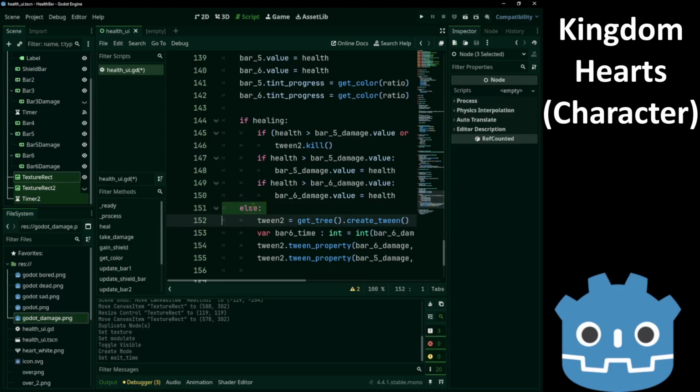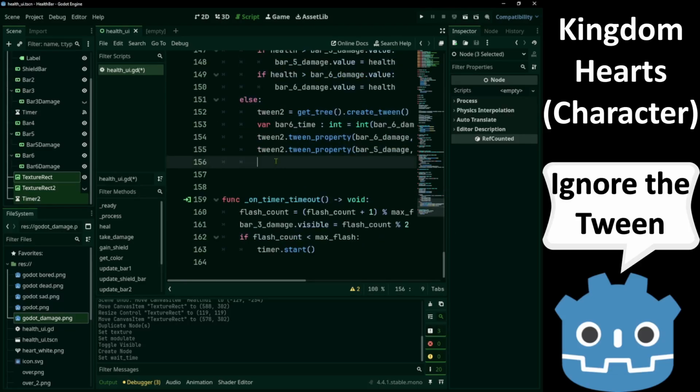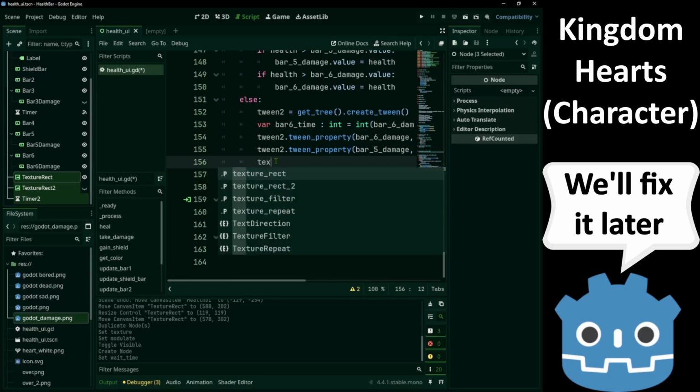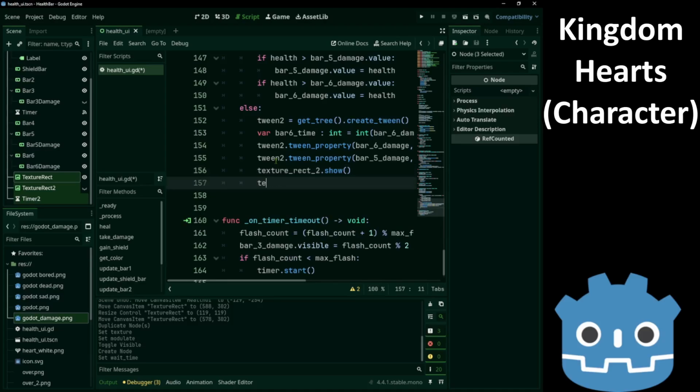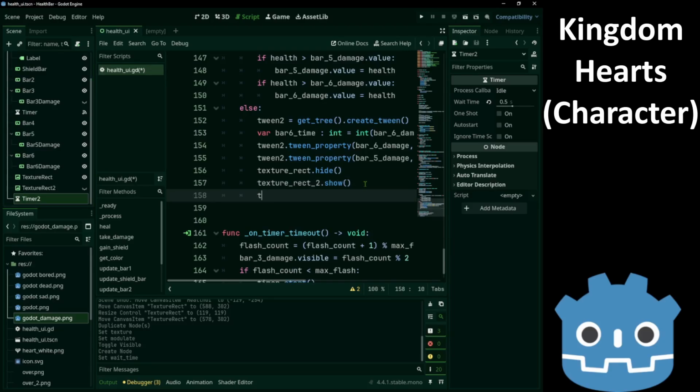Now inside the else, which means that we're taking damage, we'll say texture rect2.show, texture rect.hide and timer2.start.